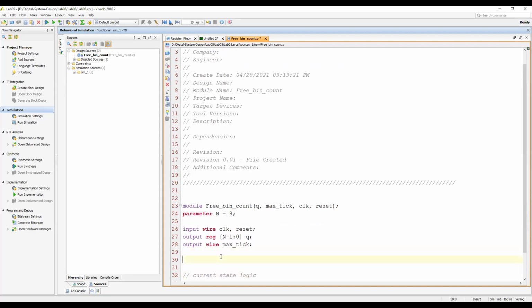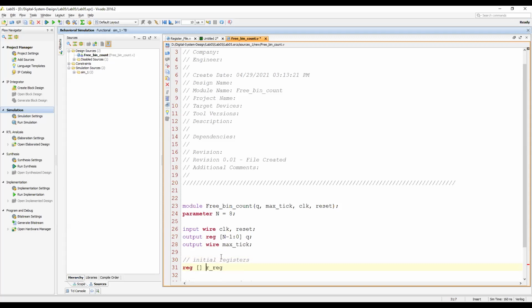Before the current state logic, you need some internal registers. So you need R_reg, and you define it using reg.